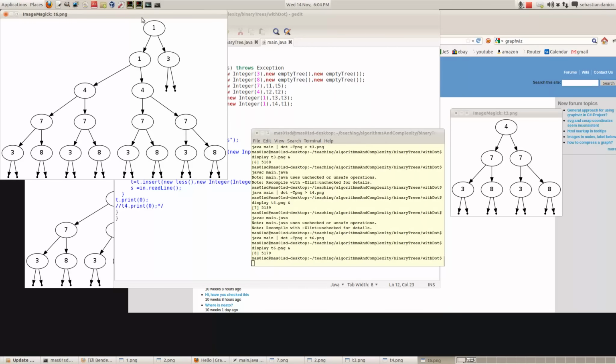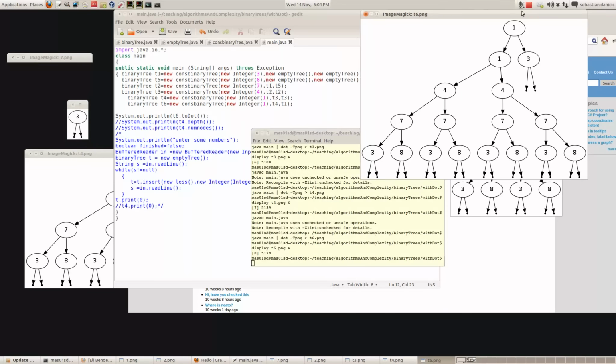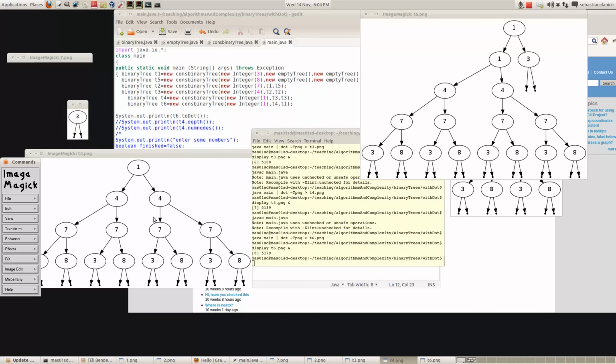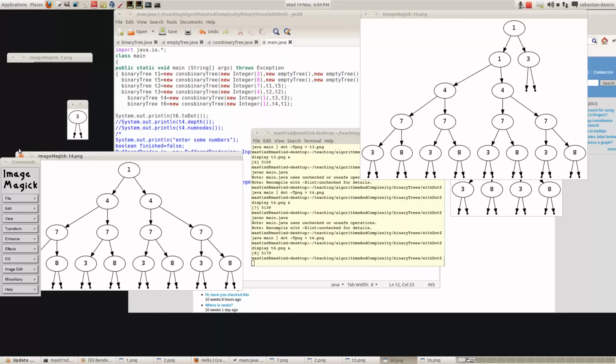Now if we display T6, we see that. Notice that this tree isn't balanced at all. It's got much more on the left than it has on the right, whereas this tree here is perfectly well balanced. We'll talk about those things later. Good, so that's the end of